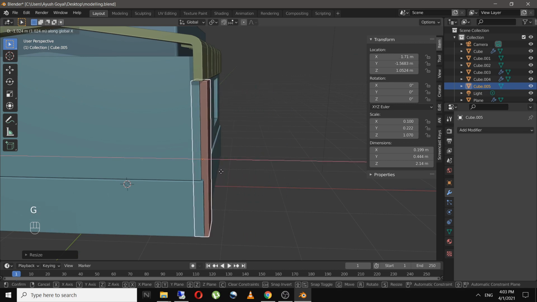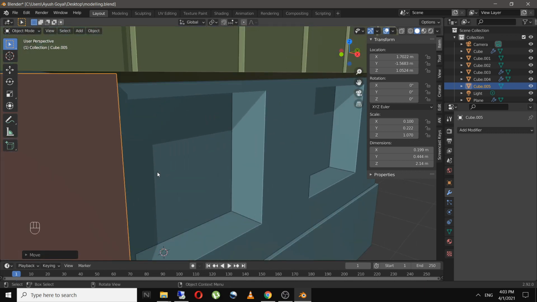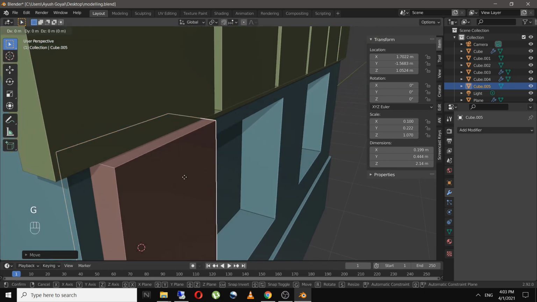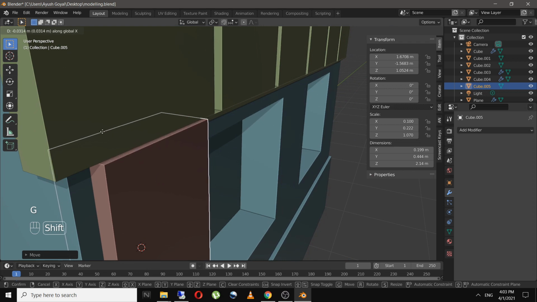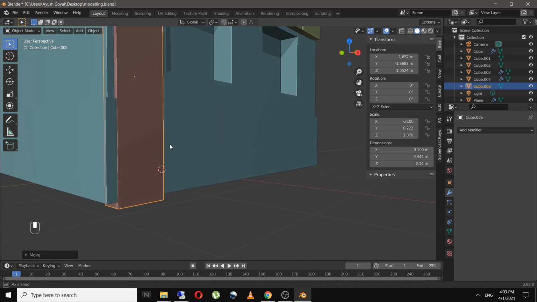Now I don't want my wooden bar over here to be in a perfect cube shape. As we know, there are some odd uneven surfaces on a wooden plank. So I'll be making that.